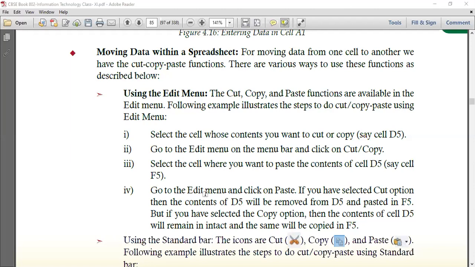So how do we use this? ये तीनों ऑप्शंस आपको मिलते कहाँ हैं? One is that they are available in the Edit menu. Go to Edit, there you will find cut, copy, paste, all three options you can use directly, right? And if you want to apply this cut and paste, you have to select the cell first जिसको आपको कट करना है या मूव करना है, या कॉपी करना है. Then go to the Edit menu, click on these options, cut or copy, whichever you want to do, then select the new place where you want to paste, click on the paste option, right.